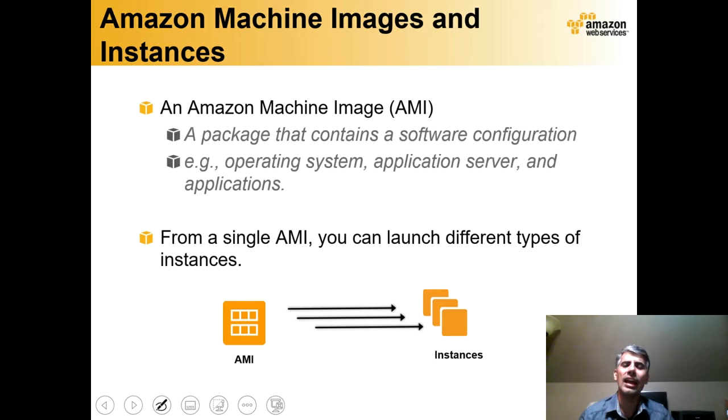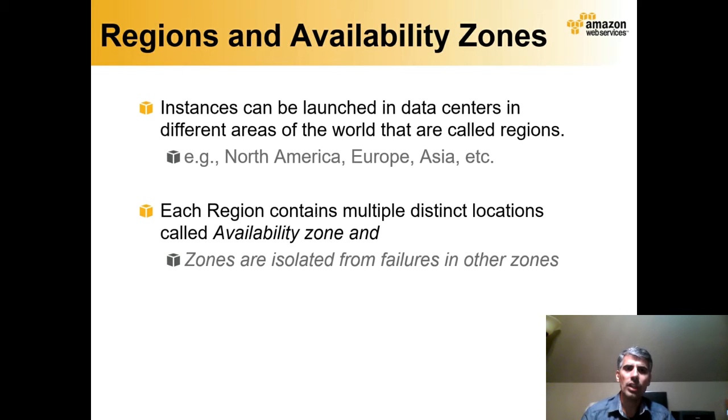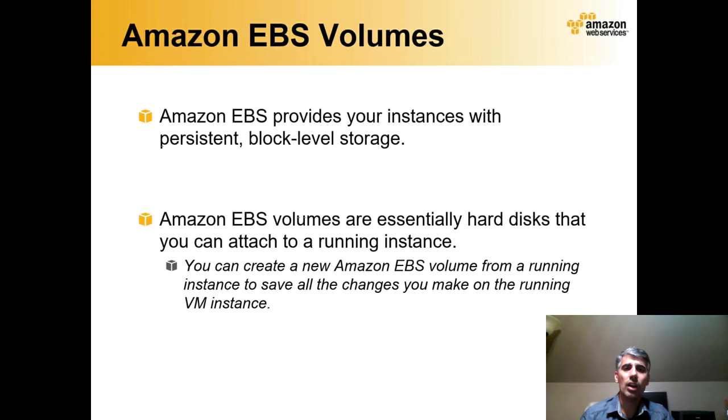Generally, there are numerous public AMIs that you can instantiate from, and they have all the packages installed. For example, you need an AMI that includes, let's say, Linux, Apache, MySQL, and PHP. So there are already AMIs that have that package, so you can just instantiate from them. All right. And then from one AMI, of course, you can create multiple instances based on your demand. I talked about regions and availability zones. These are the physical configurations of Amazon services.